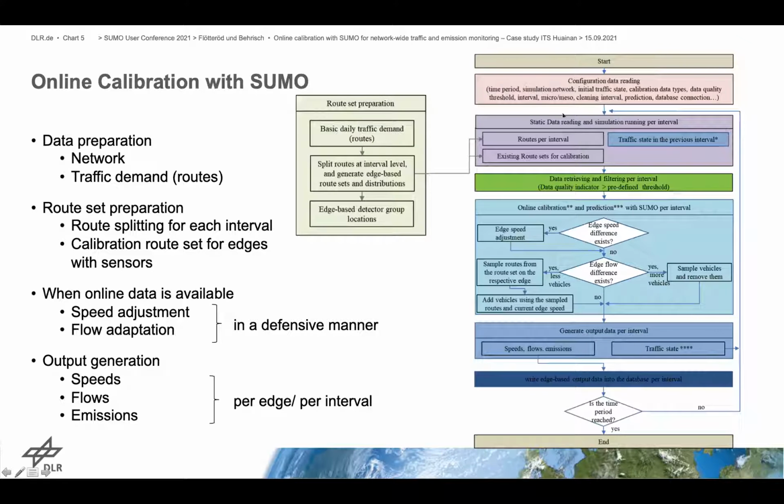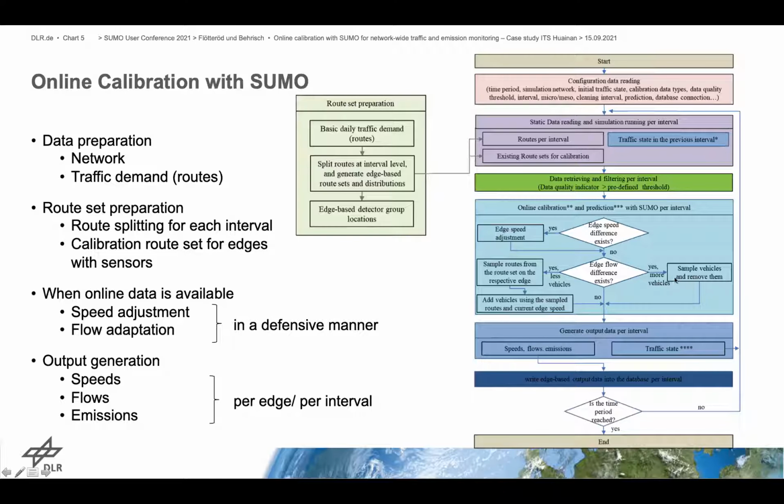After starting and reading the settings, the simulation will run first with static data, that is demand and network. Then in each interval, measurements which fulfill the predefined quality threshold are retrieved. When the data is available, the respective edge speeds will be adjusted. If there are too few vehicles, vehicles with routes sampled from the calibration route sets will be inserted on the respective edges.